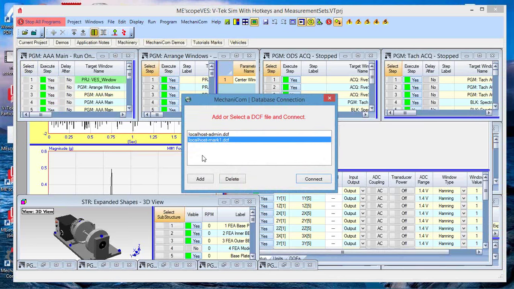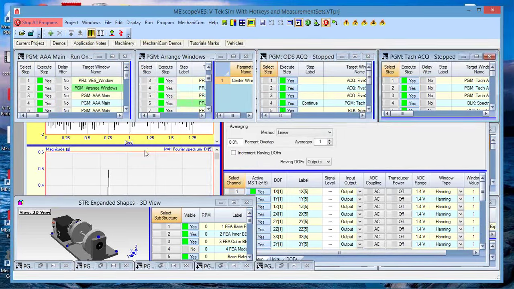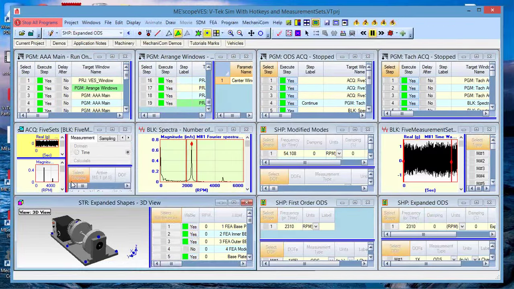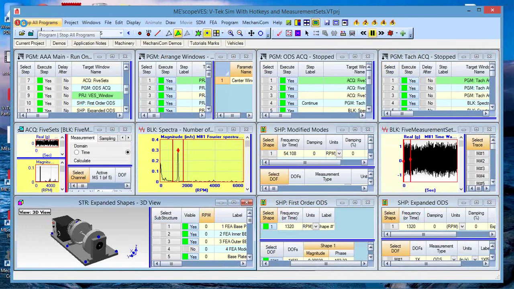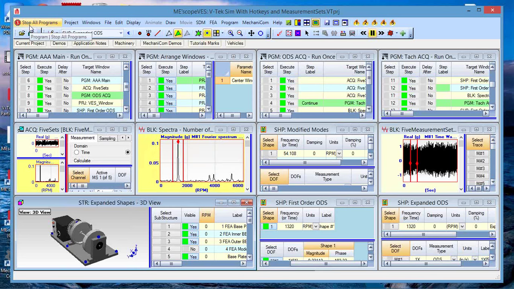Now MEscope, you may have a number of these boxes running in the field on a permanent basis, and so they all need access to the database also. I'm going to go ahead and connect, and it says now I'm connected to the MechaniCom database. So that's okay, and I should be able to just go ahead and run now. You can see up here, stop all programs. So I've got a stop sign up here if I want to stop it, but you can see that I'm actually running a program here,